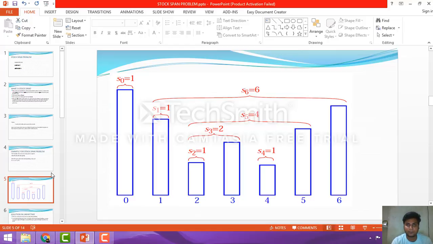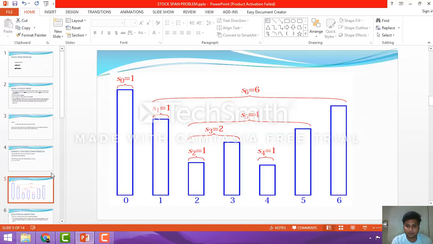And now we compare day 4 with day 5. The day 4 value is greater than the day 5 value, so it is accepted. So array index 4 minus array index 3 gives S4 equal to 1. And now we compare day 5 to day 6. Day 5 is A of 4 and day 6 is A of 5. Now we compare. Actually the previous day is lesser, so we can't add that.